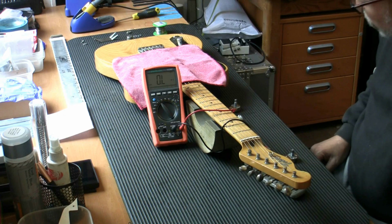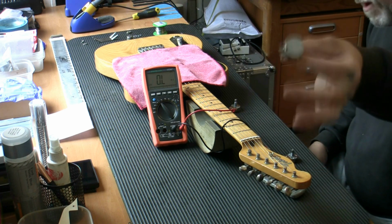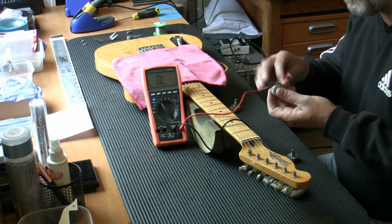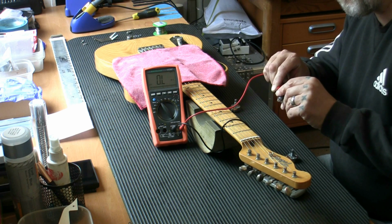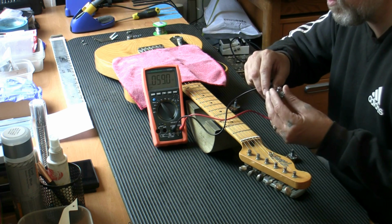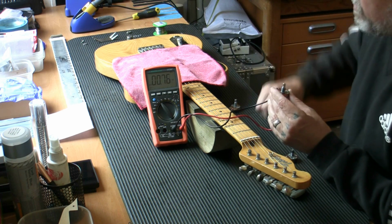Okay, so on removing the pot, I realised it was not a 250k, it's a 500k, and I think we will find that this one will be a linear pot. And how do we find that out? Well, what we do is stick it on the multimeter there, one earth, one hot, and we turn it all the way one way,